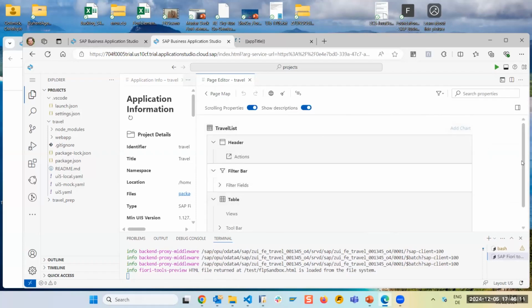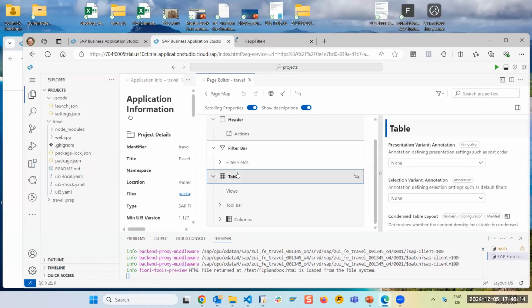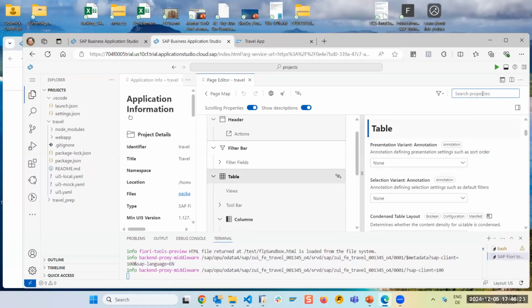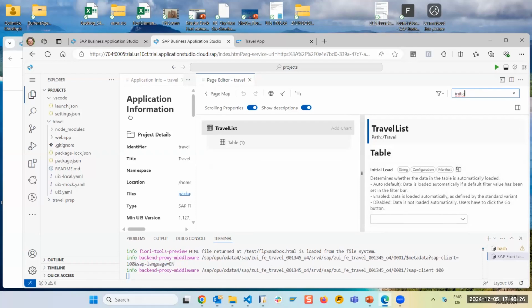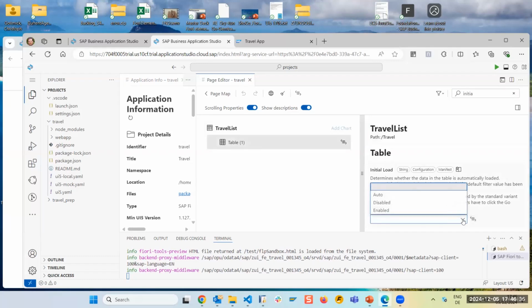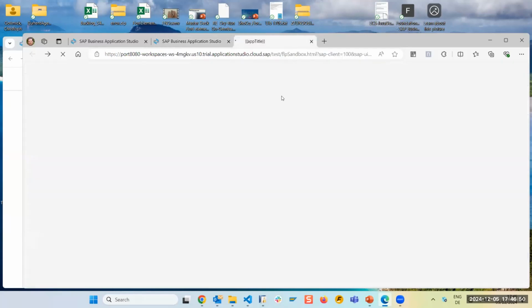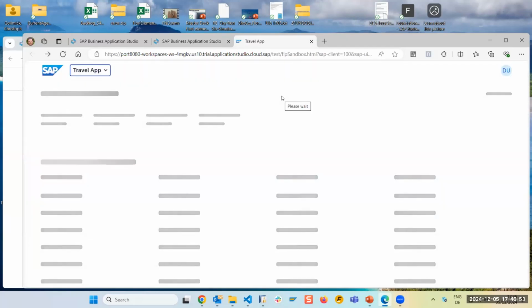Okay. Let's go back to the list report because we wanted to have the go button not required anymore. And this is a setting on the table. That's why we go here. We have the table. And then let's, okay, I'm using the search. It's easier without mouse. Initial load is a property. So if you know the name, you can have fast access with the search. Otherwise, you can scroll. And we want to set it to enable. This is now a manifest property. And you see it here. Each property has some text, and it shows you where it is going. So this part goes into the manifest. So, okay. In the background, the app was refreshed automatically because it detected changes in the project.